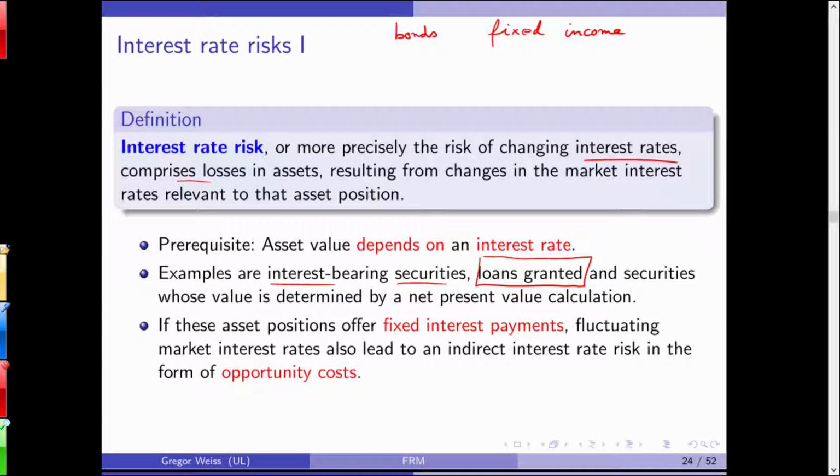For the fair value, it also depends what the bank is willing to do with this bond. If it wants to value the loan, if it wants to sell the loan, for example, to another bank, or if it wants to securitize the loan, it will look at the net present value. And the net present value will be highly sensitive if you have fixed payments, because then you will discount the fixed payments with a higher or lower interest rate.